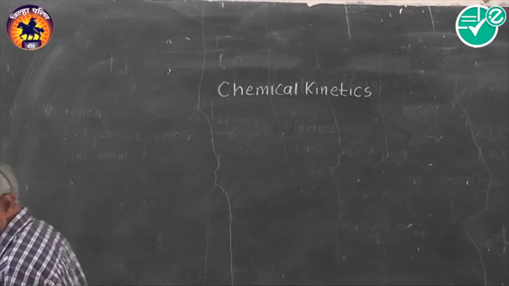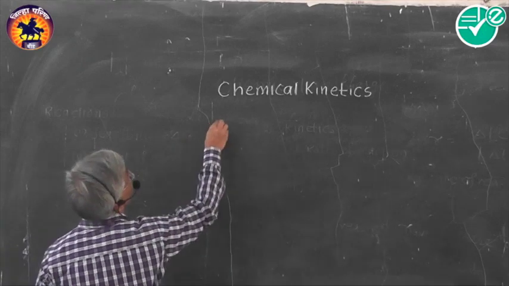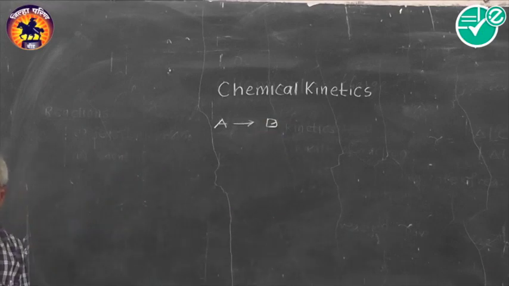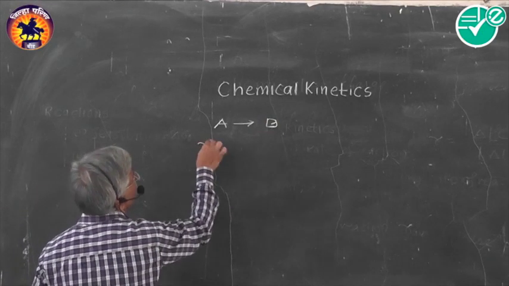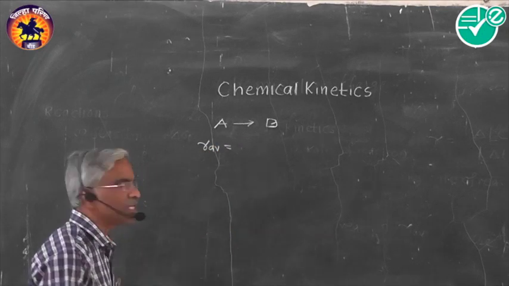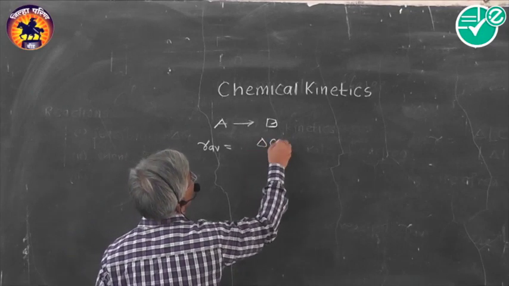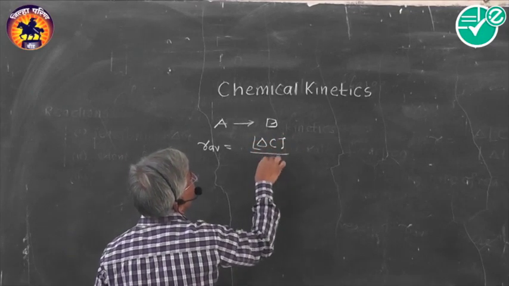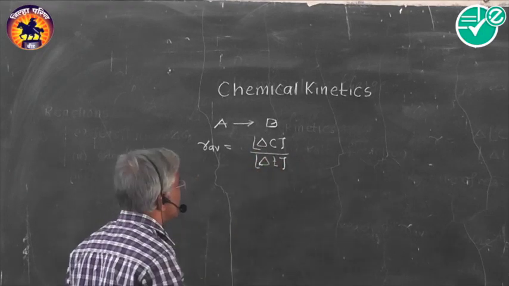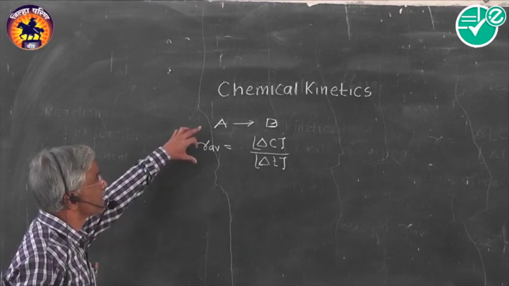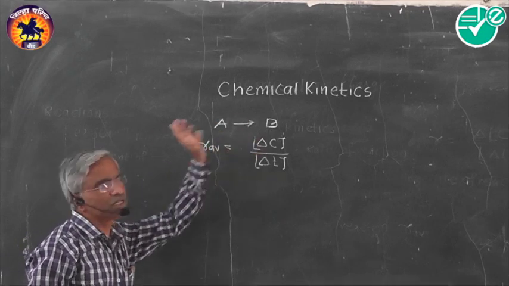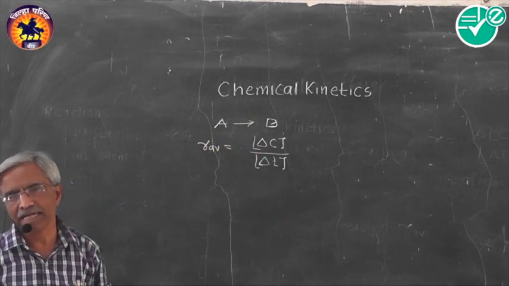Say that we are having a reaction A to B. Simple reaction, say we are having a reaction A to B. Then the average rate of reaction will be equal to the change in concentration of any one of the reactant with respect to time. Now, while expressing here the rate, this concentration of reactant always decreases and concentration of the product always increases,